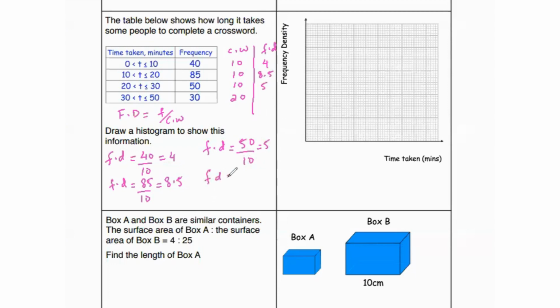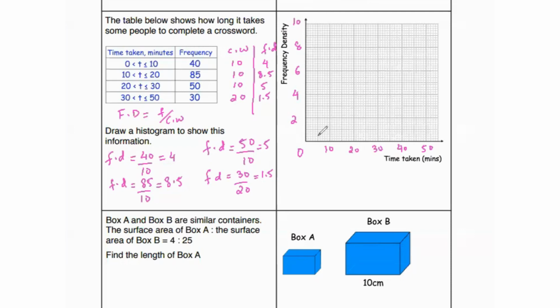And lastly, 30 over 20, which is 1.5. So now we're going to put the frequency density values on the y-axis and the time taken on the x-axis: 10, 20, 30, 40, and 50. For the y-axis, you can take 2, 4, 6, 8,